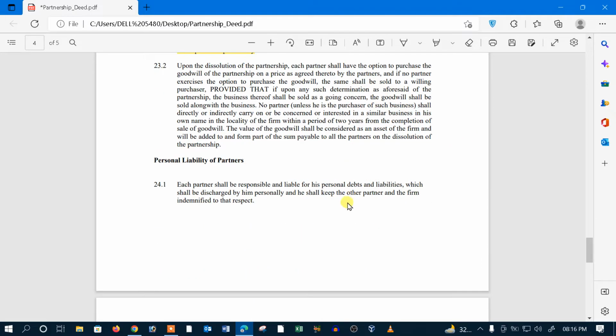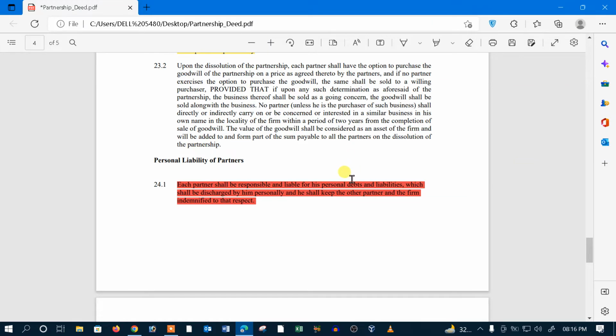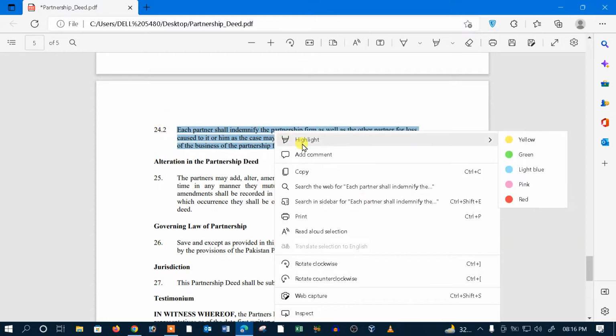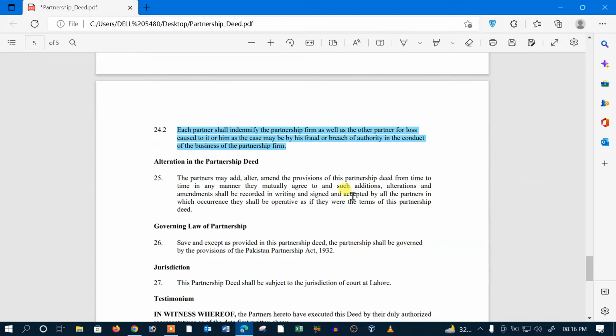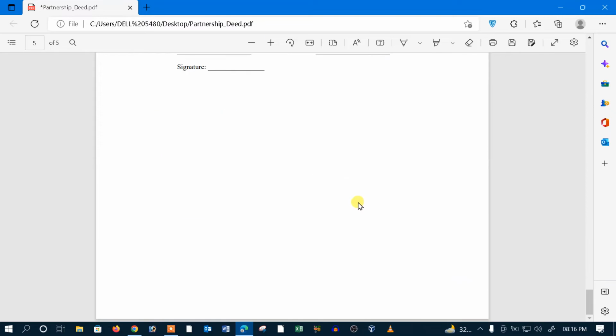This is highlighted, and this one I am going to change to another color, red, or this one, right click and sky blue. Okay, and we can also